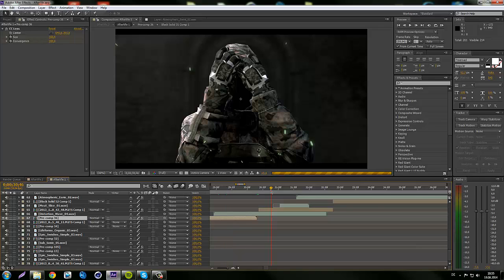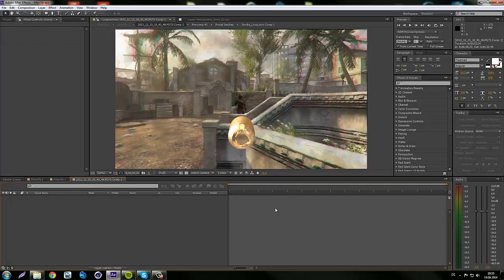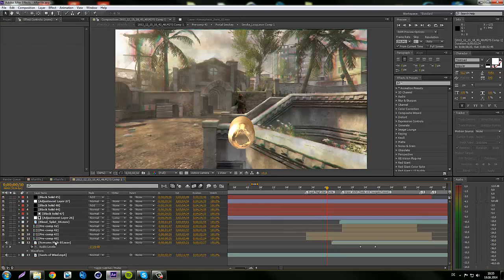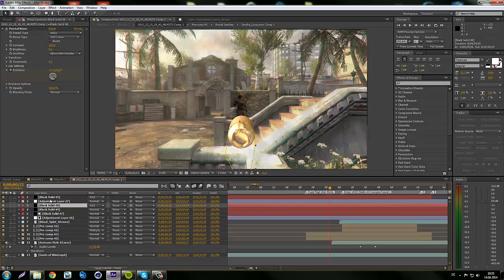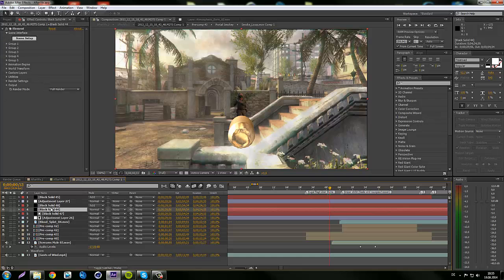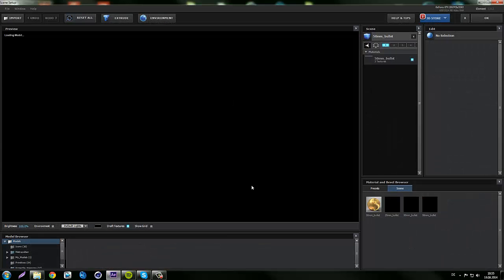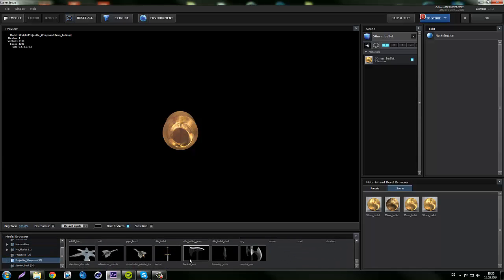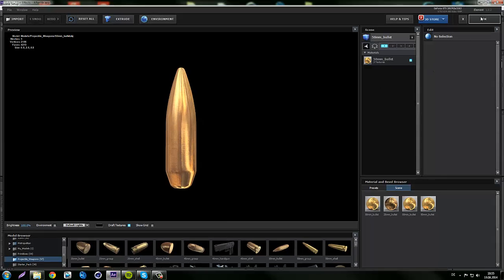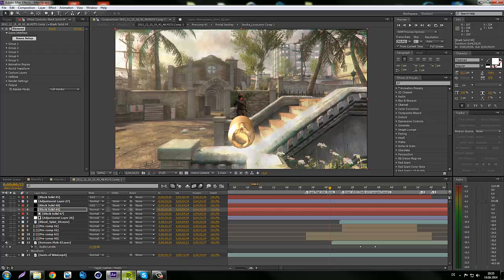Next one is, yeah, this one is more complicated. I actually had to use a tutorial to get this part right. We have, first of all, the bullet, which is pretty easy. That's just, where is it? Yeah, an element layer. I have a pack just full of projectile weapons, bullets and guns and all that. So that's just a 3D model placed right in front of the camera, and then I took that same